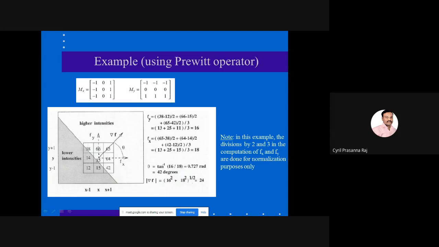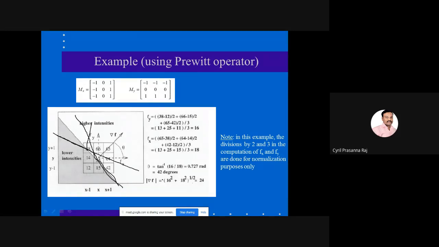So if for the pixel 38 I derive the angle as 48 degrees, and for 35 it is equal to 42 degrees, that implies that the edge, whatever you find, may be like this. That means this is how the edge would look. This is at 48 degrees, and this is at 42 degrees. Your angle may be like this, so your object has an edge like this. This would be the object edge.